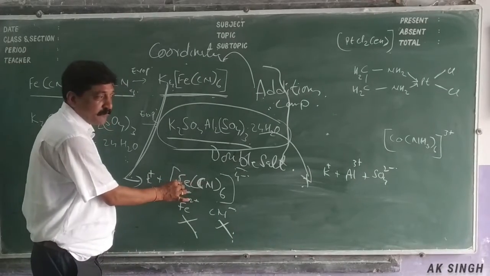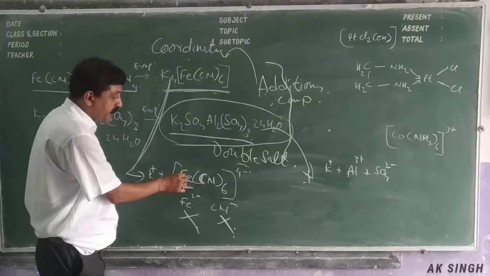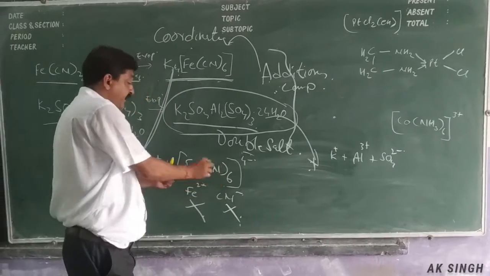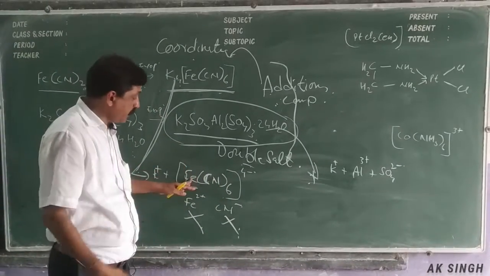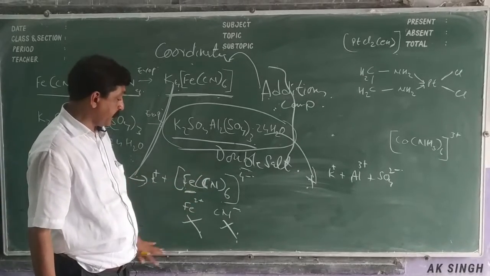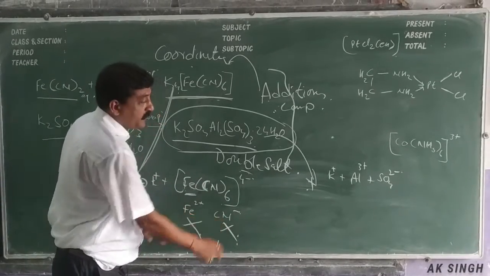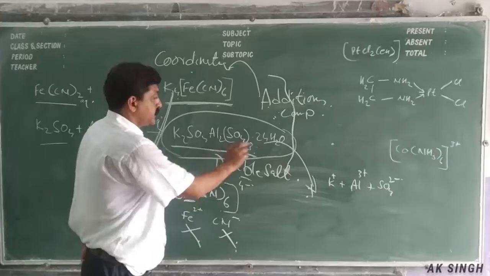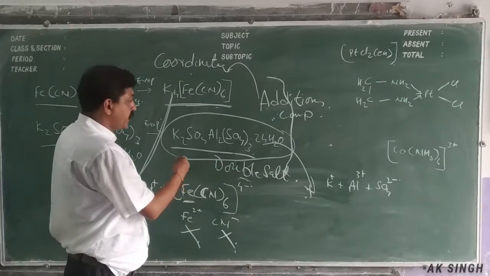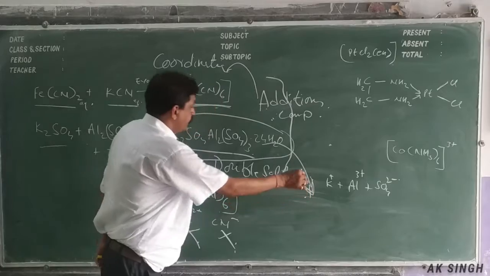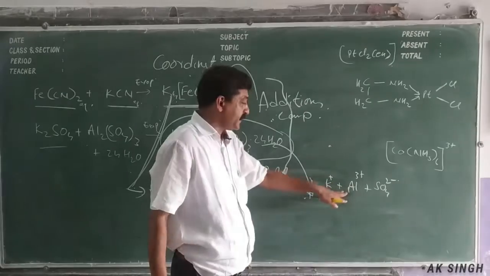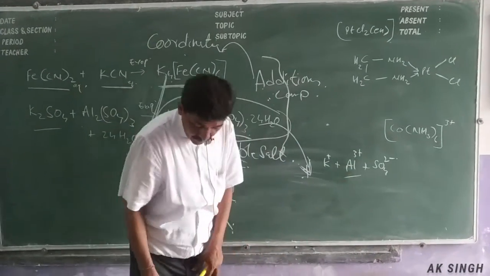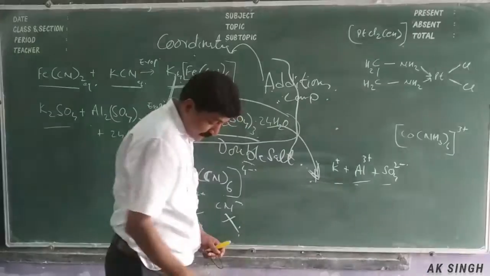This is the central metal atom, the transition element. As I said earlier, these are vacant d orbitals where these groups get attached by coordinate bond to the central metal atom and form a complex compound which will not give the test of these ions. And that makes it different from a double salt. In the double salt, say this example, potassium alum, when we dissolve it in water, the various ions present in it will be split out in the solution, and it will give all the tests of these ions.